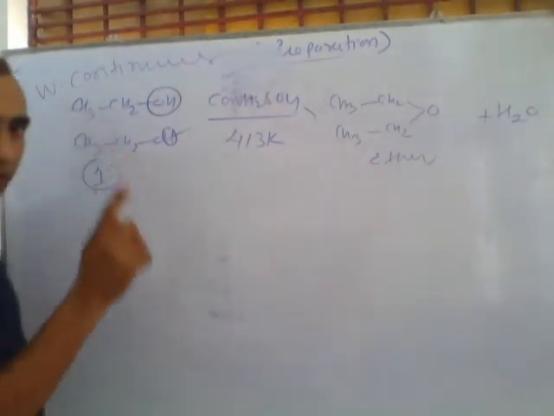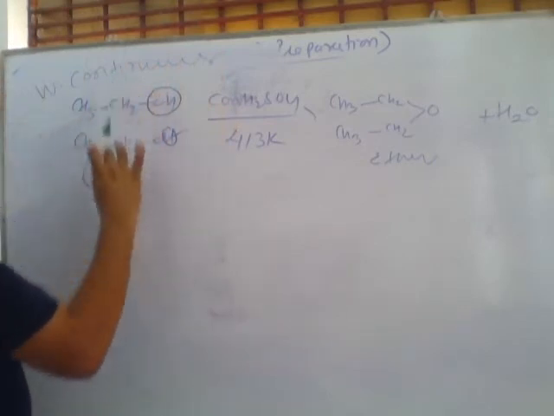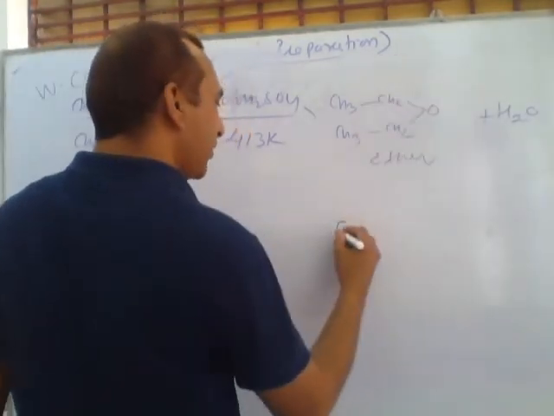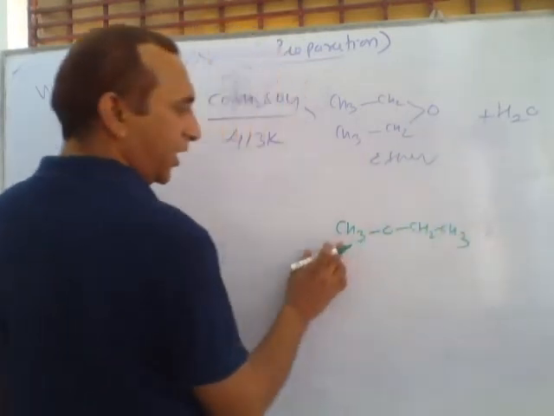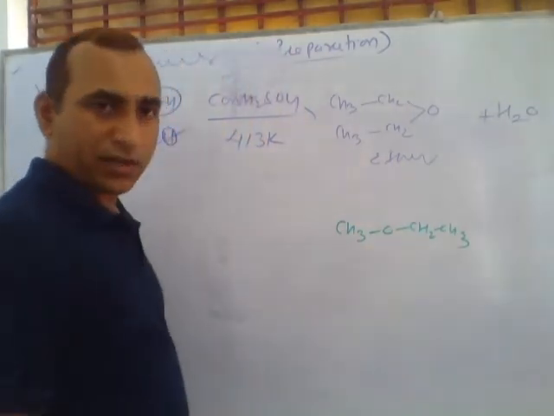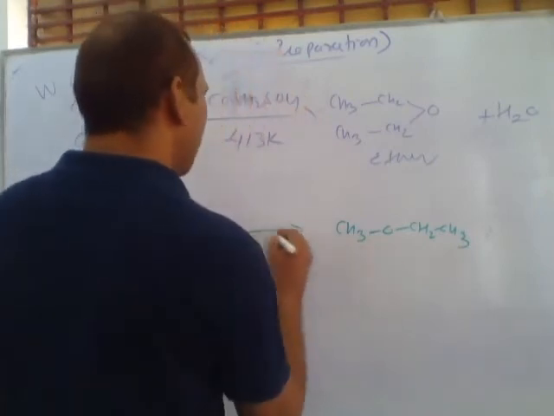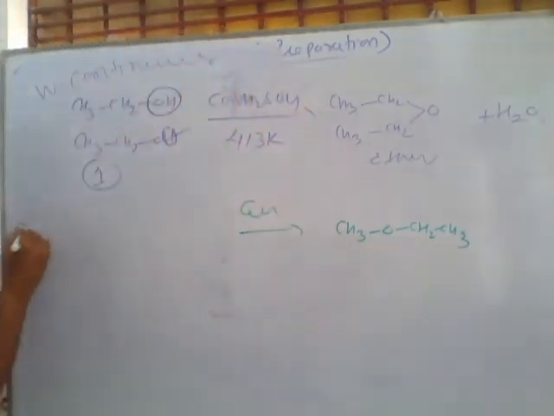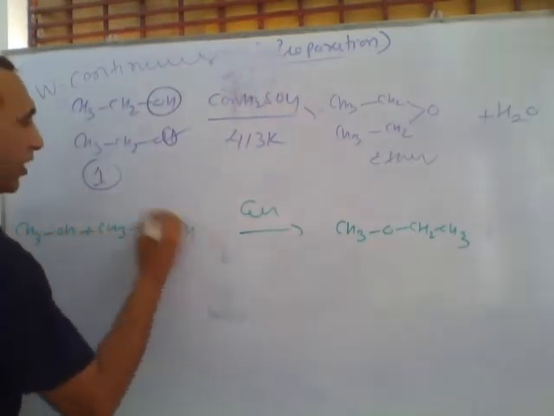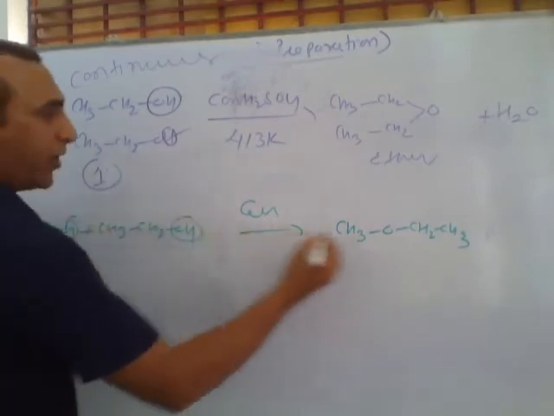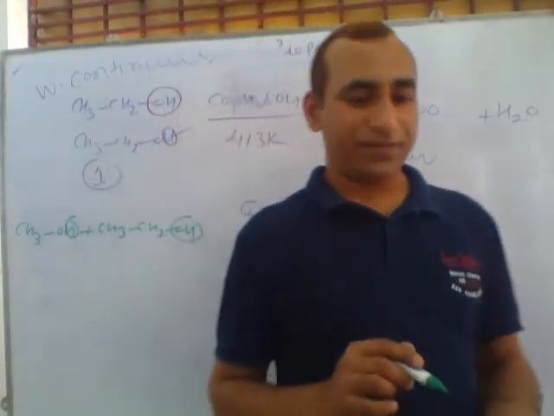Second important thing, first we use only primary. The second thing is that if you want to prepare this type of asymmetric ether, this is an asymmetric ether, meaning here ethyl, here methyl and ethyl. This is called a mixed ether. If we want to prepare a mixed ether, and to prepare this ether, if you use one molecule of methyl alcohol and another molecule of ethyl alcohol, with H and OH removed and this mixed ether, meaning ethyl methyl ether, formed, then it is not correct.